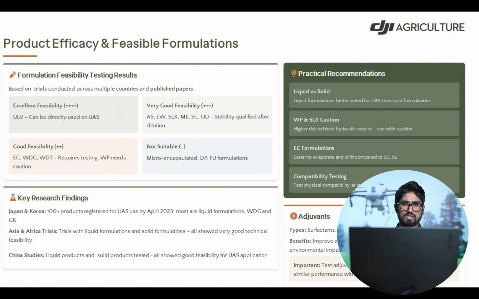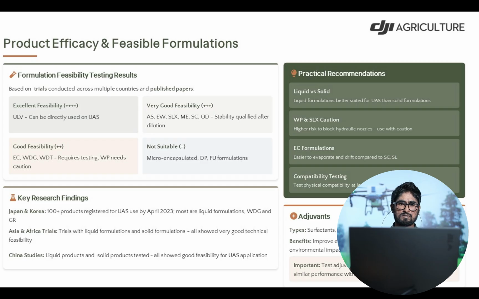Okay, now we discuss pre-application environmental assessment and how we set up our drone parameters. When we consider wind, the optimal range is less than 3 meters per second to get the best results while spraying. If there is more than 10 meters per second wind speed, we must stop our operations.